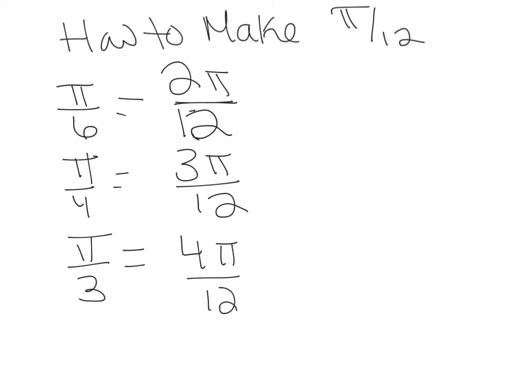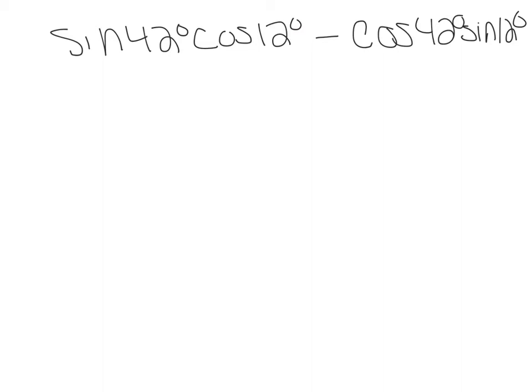So if I want to add and subtract any two angles to make pi over 12, I can pick these two, or I could even pick these two. It doesn't matter. For this problem, I'm going to pick those two, the 2 pi over 12 and 3 pi over 12, and I'm going to subtract them. So if I go back,